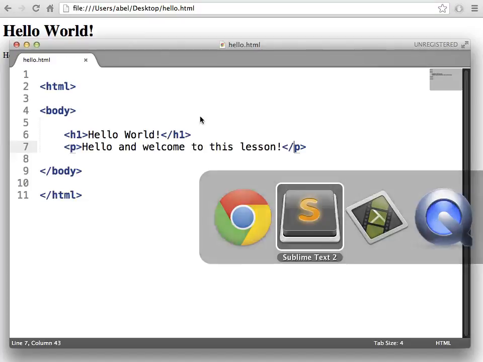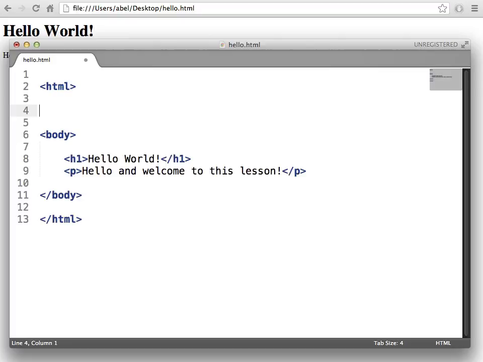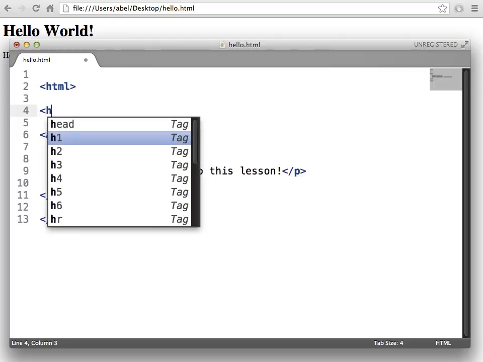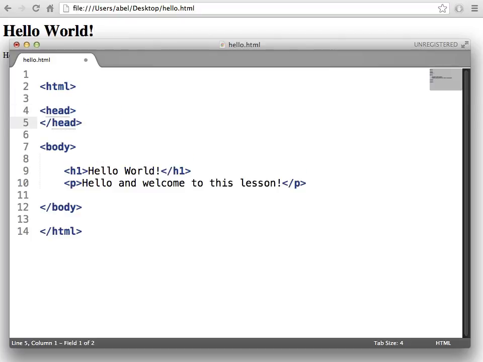And these tags have started to be used for a great deal of different content being brought to the browser. Certainly pages have gotten very sophisticated and very rich as to their sophistication. But this is the basics, the introduction. I'm going to go ahead and add a couple more things. I'm going to add a head to the document,